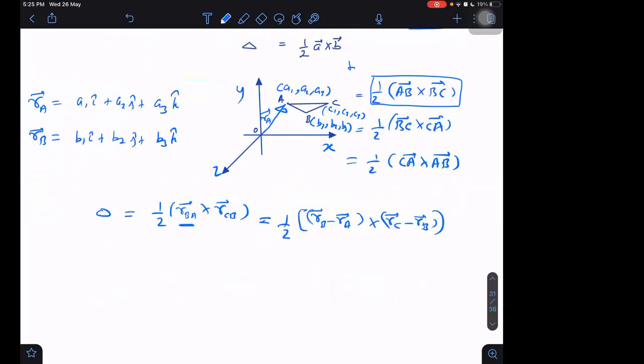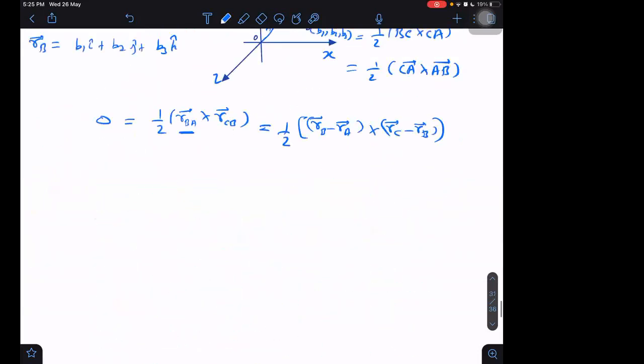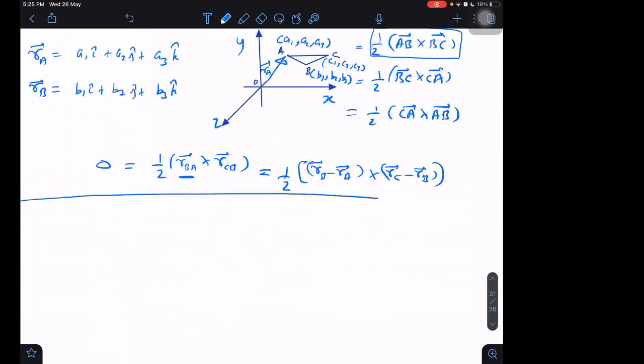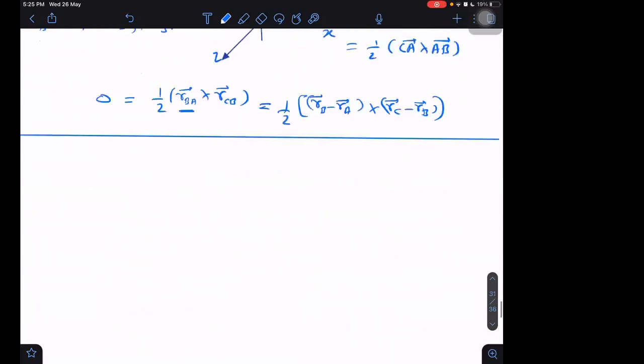One more thing is remaining, and that is I will tell you about pseudo vectors also. I will come to that pseudo vectors, but before going to pseudo vectors, I think I will tell few more things about these vectors first. How to take component of vector A, which is along B. You already know that, but you don't know how to take component of vector A perpendicular to B.